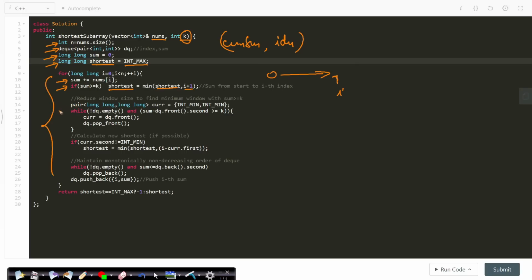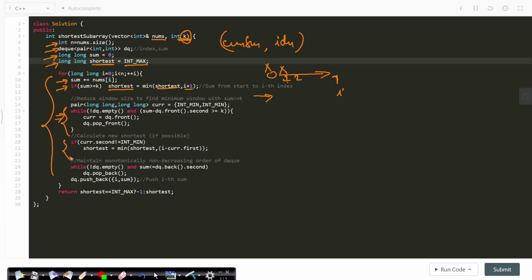Now once this is done, then we will try to compress the window size from left. Maybe compression is possible. Maybe we will remove the 0th element and still we will be taking from index 1 to index i, and again the sum will still be greater than equals to k. It might so happen, right? For that reason, we will keep on compressing unless the compression is not possible. So if we take out 0, we will check for the sum from 1 to i. Is it greater than equals to our k value? If it is, then I will also remove 1 and I will check from 2 to i. And I will keep on doing unless my sum value actually falls below k. Otherwise, my DQ is empty. Okay, so this is that condition.